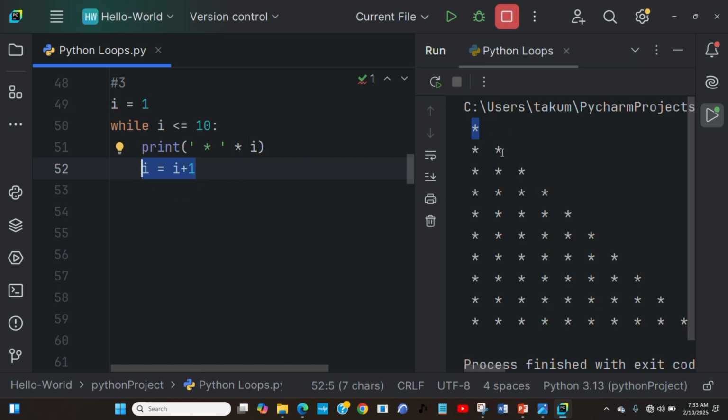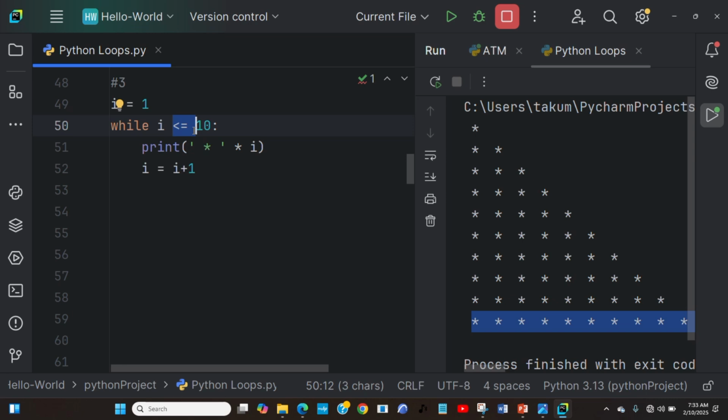The second one, when I take 1 plus 1 is 2, I'm having 2 asterisks. 2 plus 1 is 3, 3 plus 1 is 4, 4 plus 1 is 5, until 10. Because we say less than or equal to, it means 10 is inclusive. 10 is included there, isn't it? So we are going to have from 1 to 10. That is going to give us